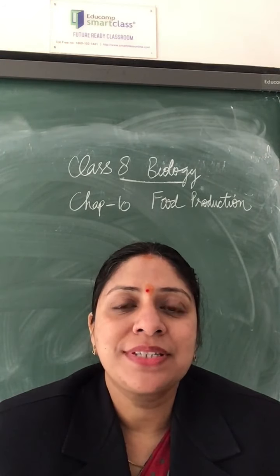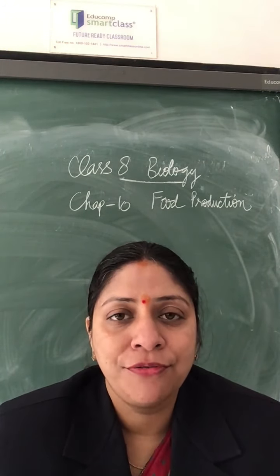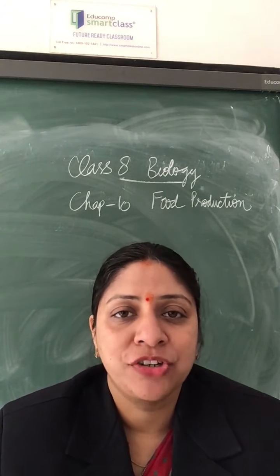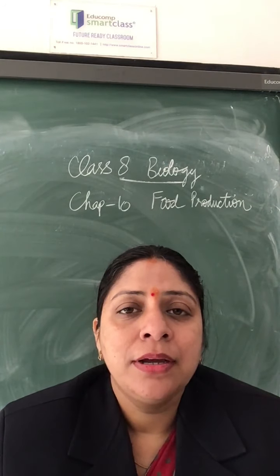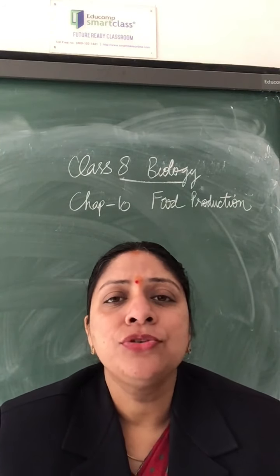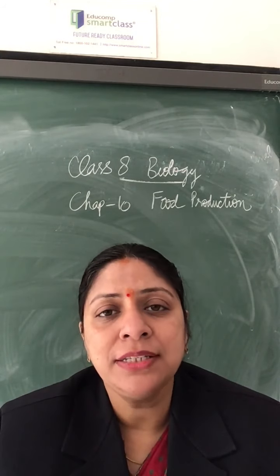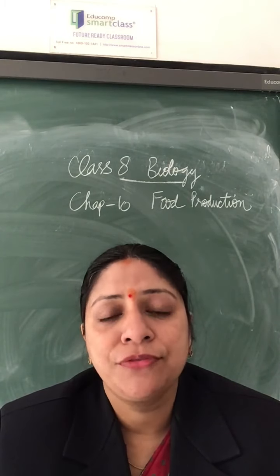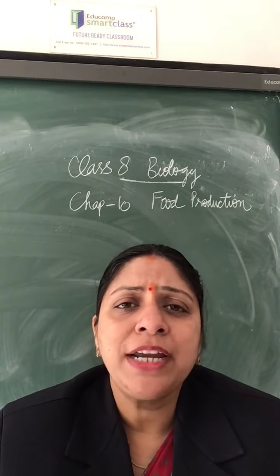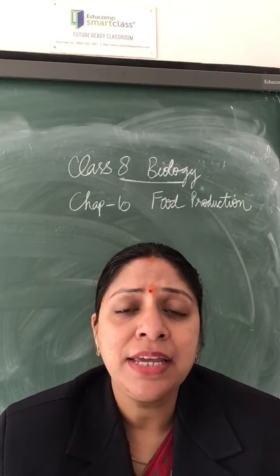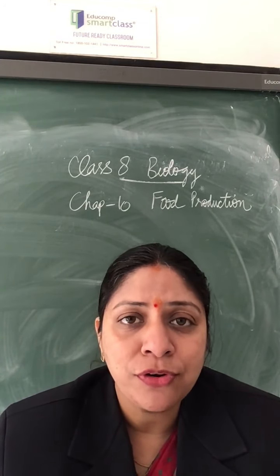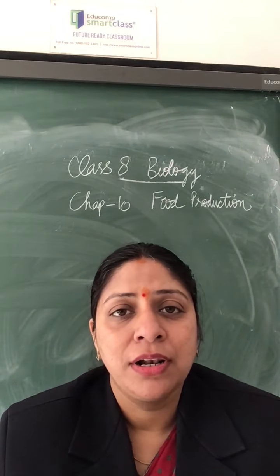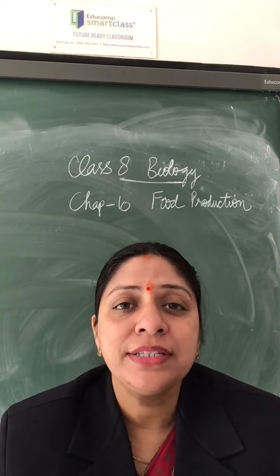Today we are going to start with the 10th chapter of biology, class 8th, named food production. Actually, food is not only obtained from plants, but other microorganisms can also be used for its production. It might be very surprising to hear that bacteria can be useful also. So far, we have only understood that bacteria are harmful. Fungi are harmful. They cause only diseases.